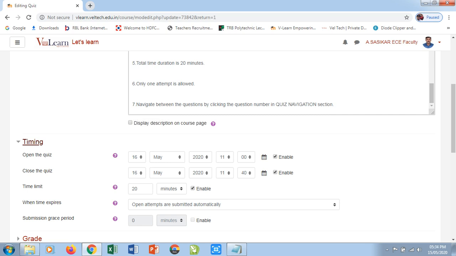The time limit set for each and every section is 20 minutes. So in the time limit field, just ensure that 20 is there. And when time expires, this field should be 'open attempts are submitted automatically'. Please ensure it is showing that.